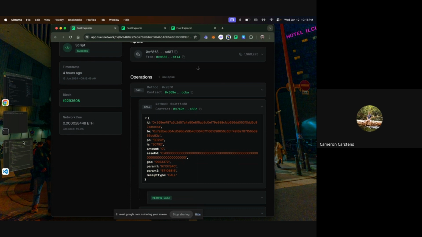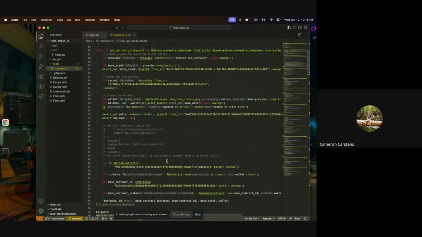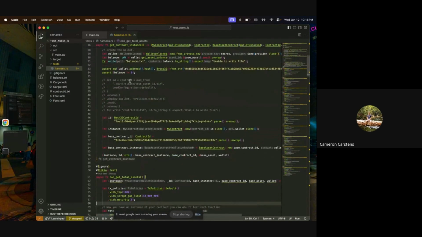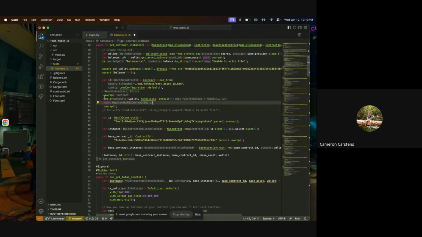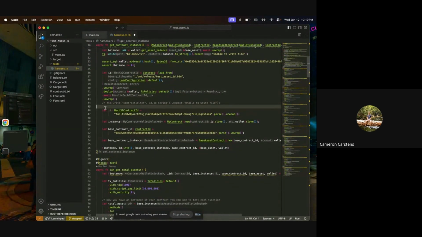Then there's two ways to deploy your contract. One is through the command line, and one is through the Rust SDK. In the Rust SDK, I've already done all of that here. It's just simply calling the deploy function on my wallet, making sure that it's been funded, and it just deploys to the testnet.